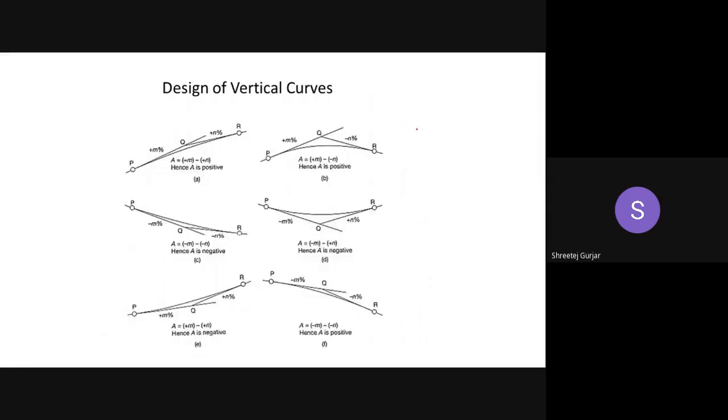So the first curve is what? Positive meeting negative. Then the next one is negative meeting positive. Then we have a smaller positive meeting a greater positive. See, I have drawn a small plus, then a larger plus value. Then the fourth case is a larger positive grade meeting a smaller positive grade. Then can you tell me the remaining two?